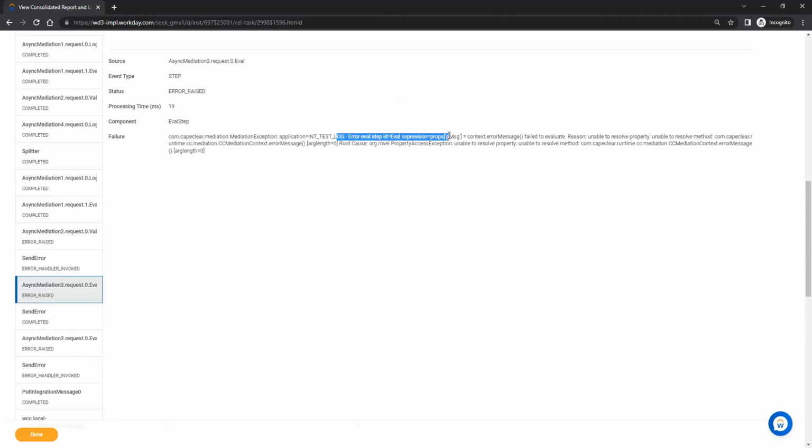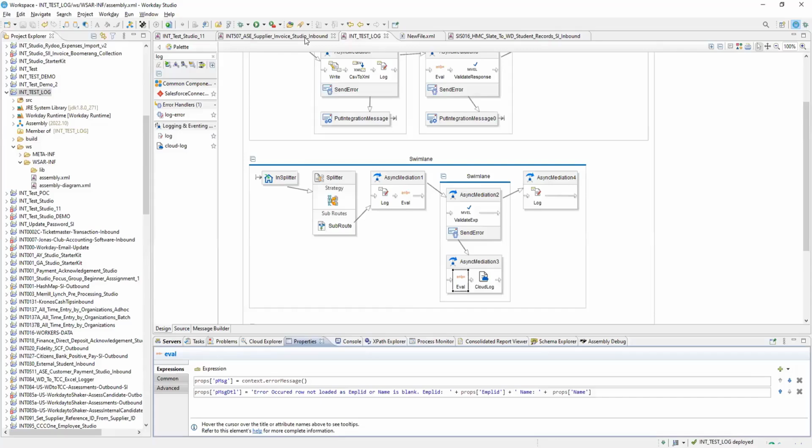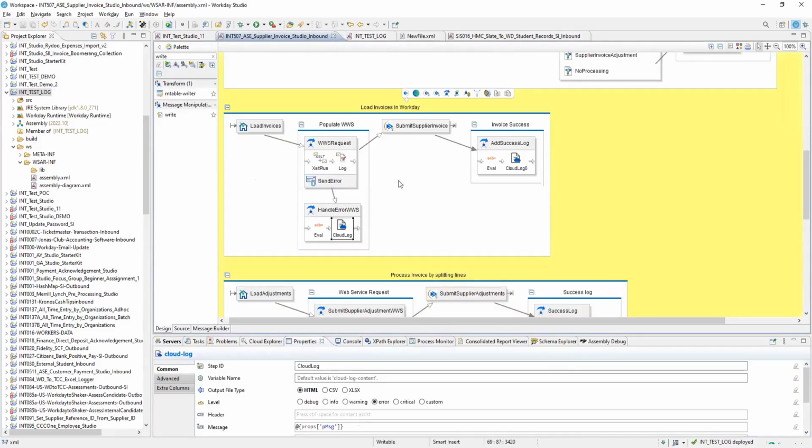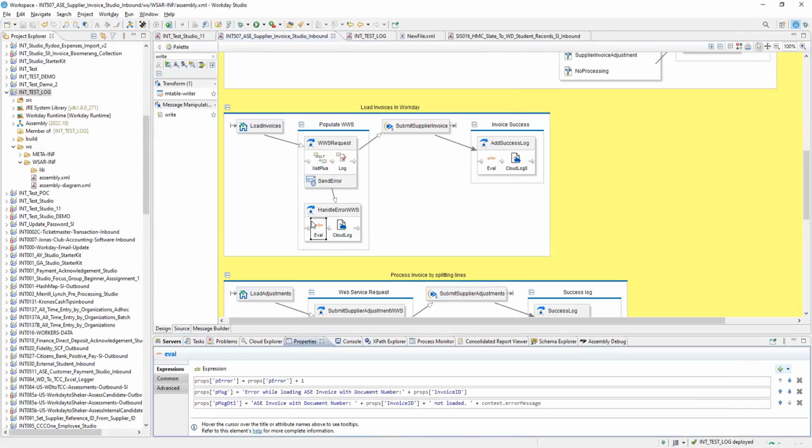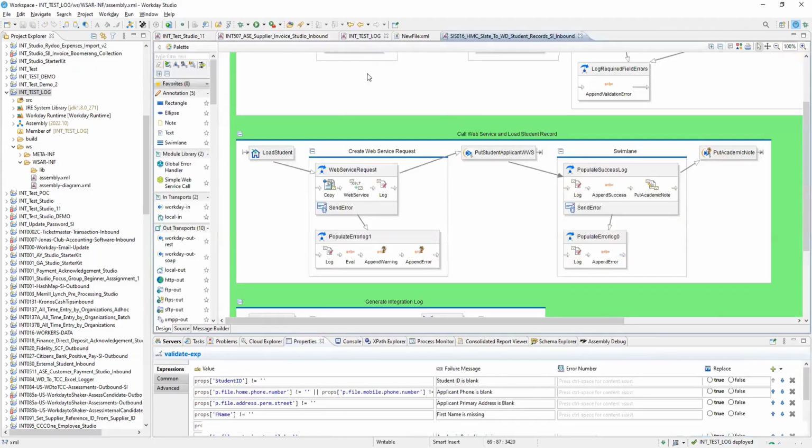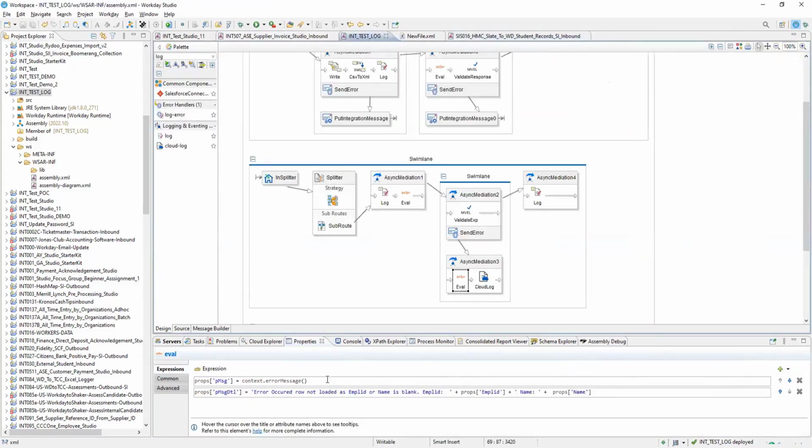Right, process message, context error message. Okay, fair enough. That means some syntax is what I am missing. Okay, I don't have to give the brackets at the end. That's what it is. Save.